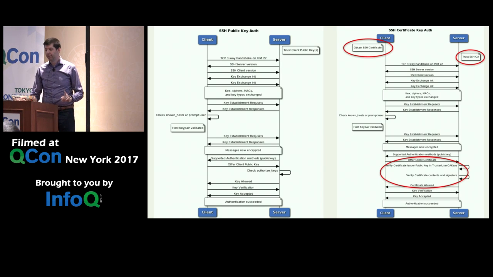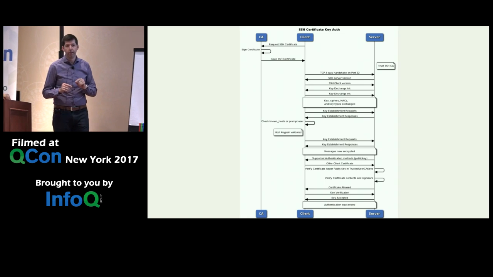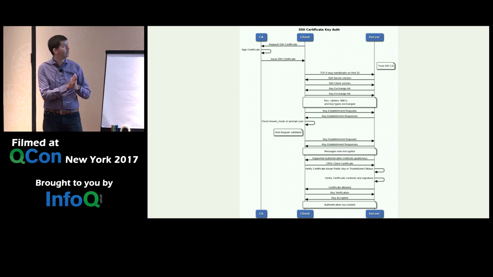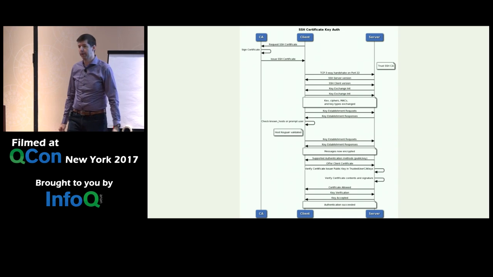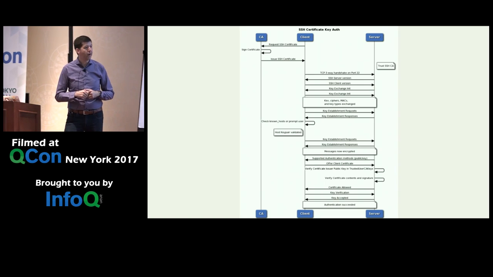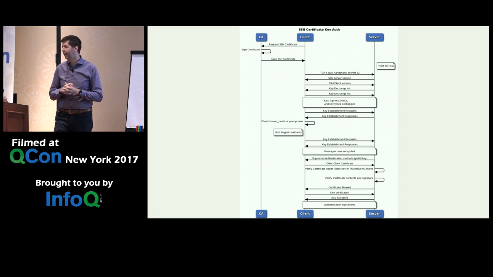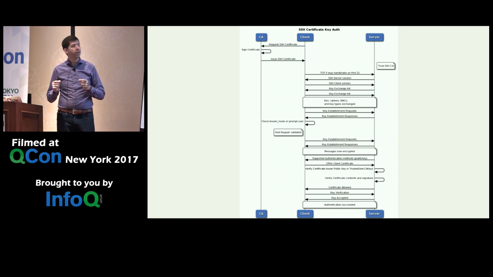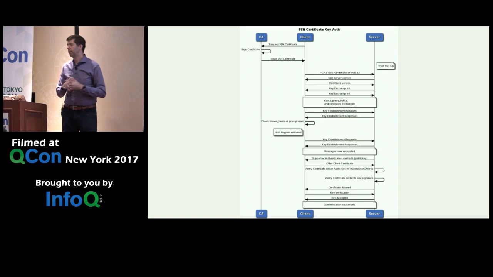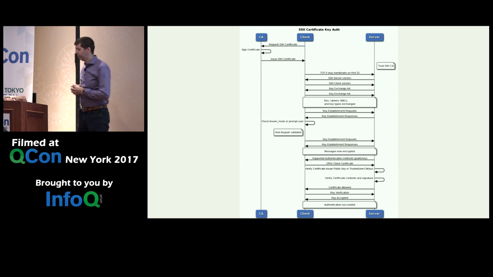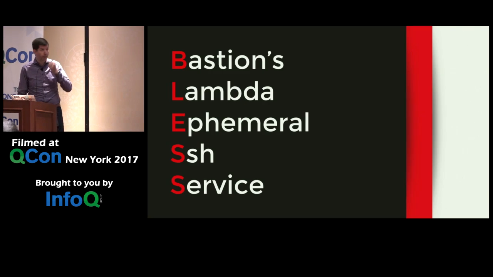But the really cool thing is that now we can take those operations, the signing operations on those SSH certificates, and move them to a third machine, right? We can have a separate certificate authority whose sole job in life is to sign these certificates for clients to get into servers. And why I like that so much, and I get so excited as a security guy, is now the private key that is the security of my entire ecosystem is off in some corner that has a single purpose in life. Right? It's not on a Bastion where someone can get to it. I can protect it and defend against it quite a bit better. And so that starts to look really, really nice. And that is exactly what Bless provides for you.